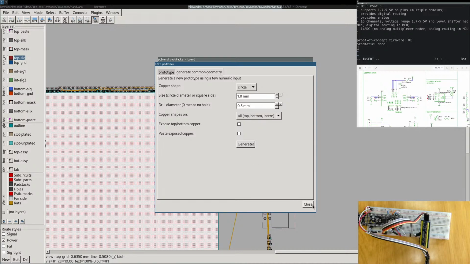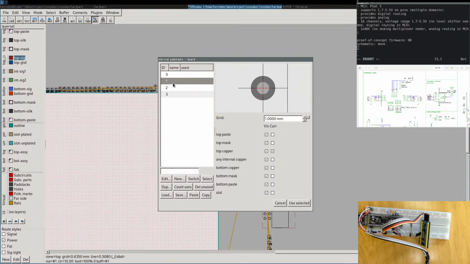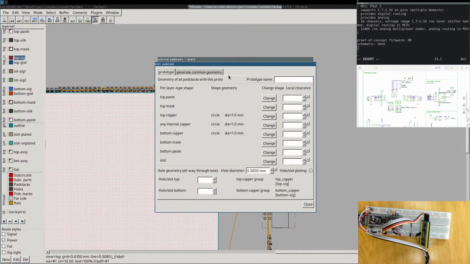The signal sizes and power sizes depends on how much current you want to have. There exist calculators for that. I use of some box. And now it looks nice, but I forgot